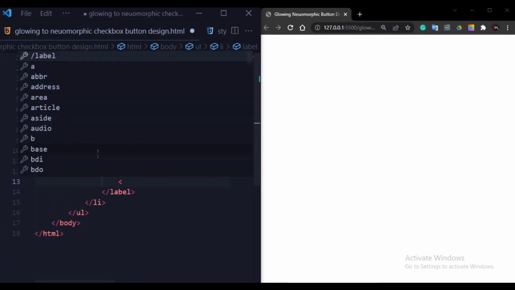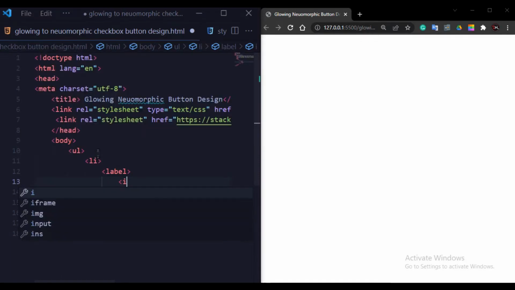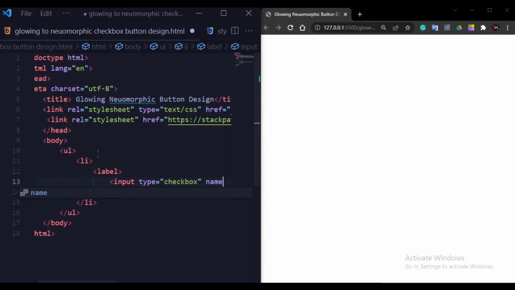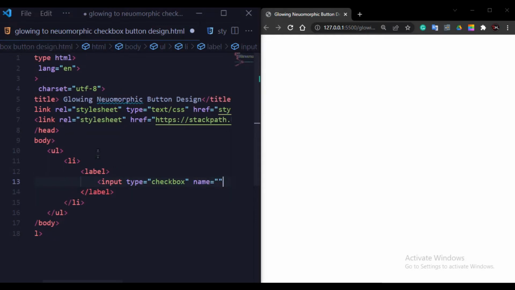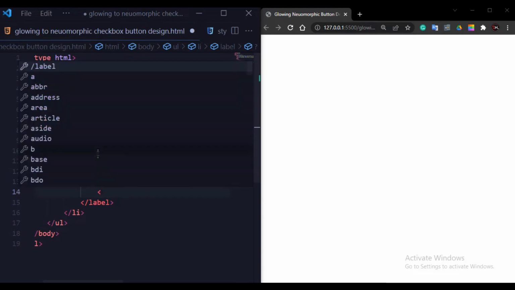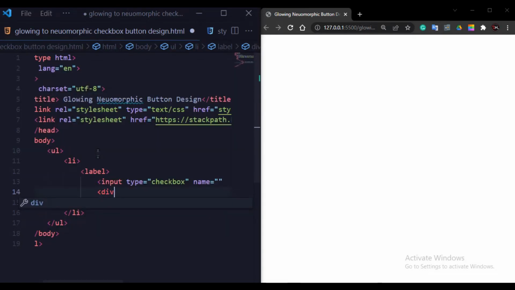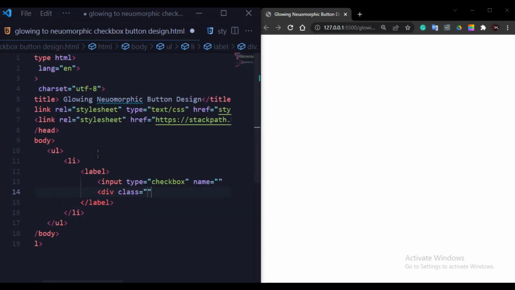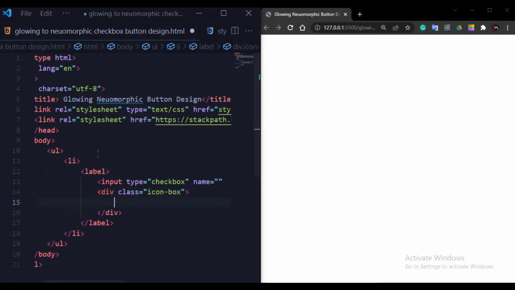Now I will create a checkbox, so I will write input type checkbox, name, and now I will define a div with class name icon box, and in this div I will import icons.